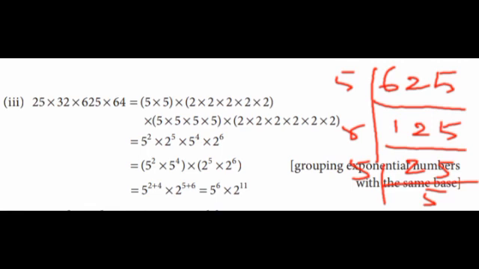We can add the 5s together. Okay. So 5 power 2 into 5 power 4. Then 2 power 5 into 2 power 6. See the first one, base equal, so add the powers. 5 power 2 plus 4. Second one, 2 power 5 plus 6. So what is the answer? 5 power 6 into 2 power 11. Hereafter you don't need to add because the base is not equal. Okay. 5 and 2. So stop here itself. Final answer is 5 power 6 into 2 power 11.